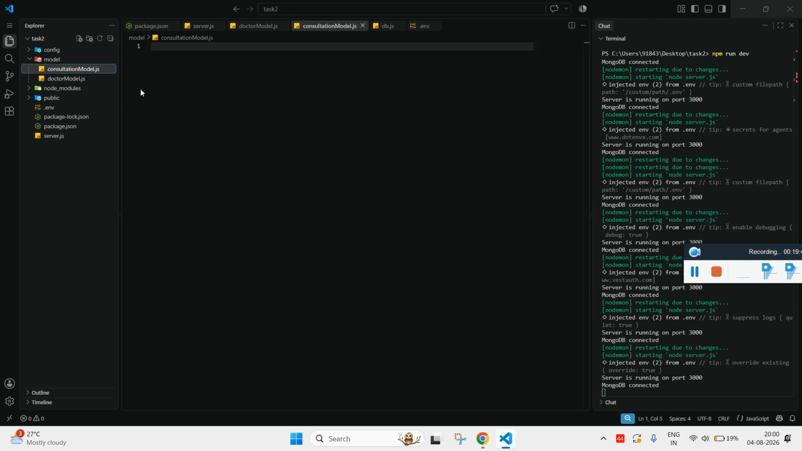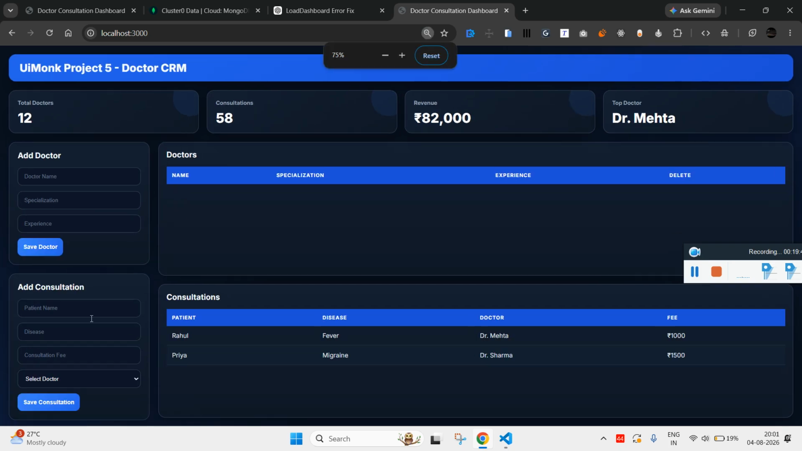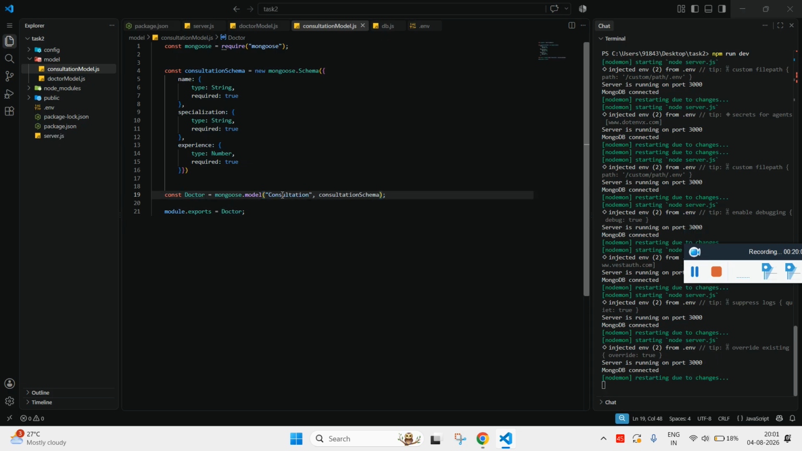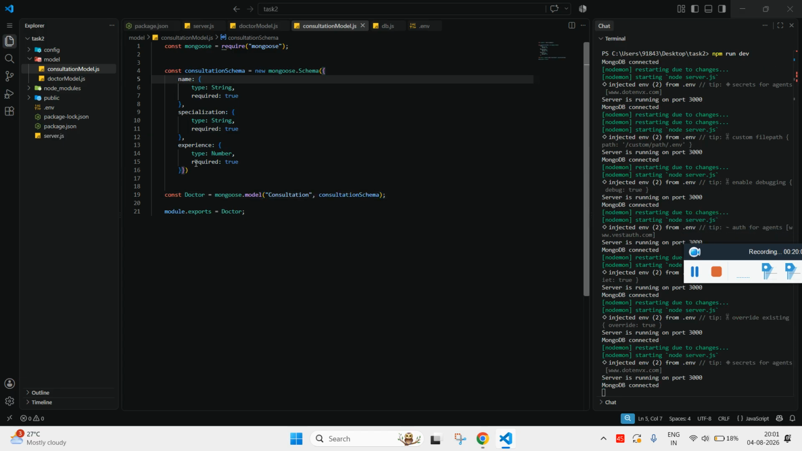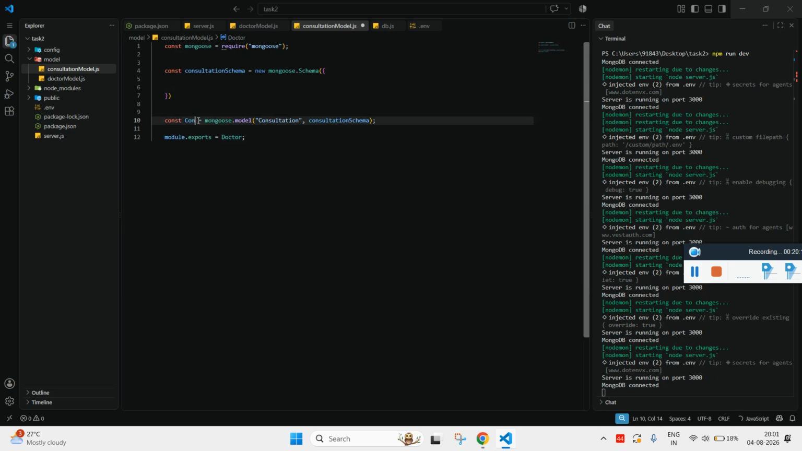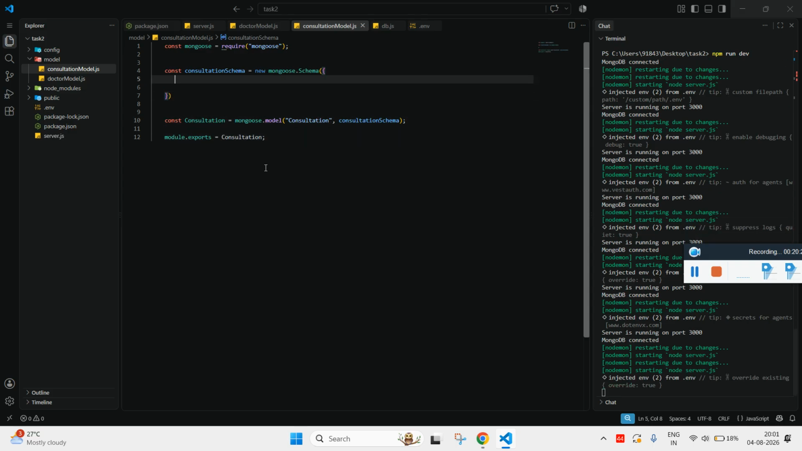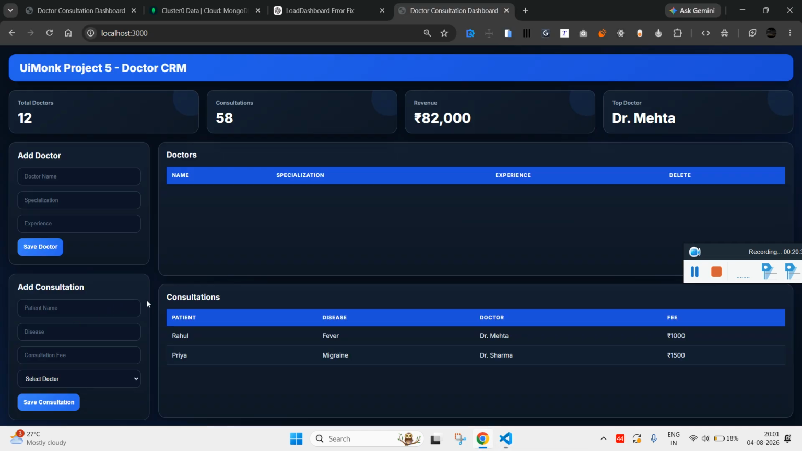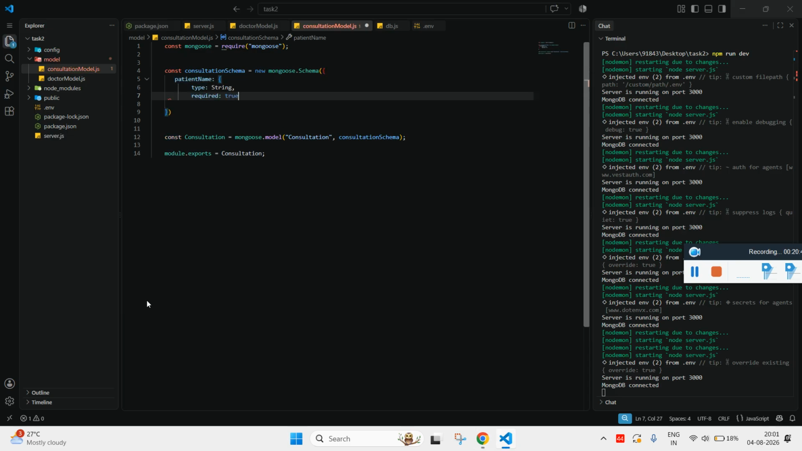Similarly, we have to do it for the consultation, and for consultation we have patient name, disease, consultation fee, the consultation schema, and what all things that we need. Let's create the instance properly. Consultation consultation. Now what do we need? We need the first data type, or the column or the key, which is patient name,